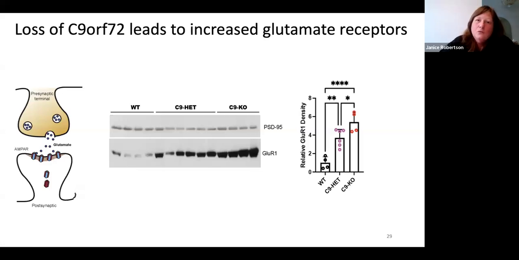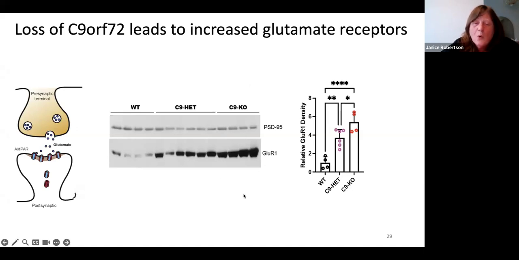And so we looked at what happens in mice again, because they're a very tractable system. If you don't have C9orf72, what we found was that there's a change in the makeup of these AMPA receptors. You end up getting more of this GLUR1 subunit, and it's quite clear. If you look in the wild type situation, there's the GLUR1. You have more when you have half a copy of C9, and when you have a complete knockout of C9orf72,